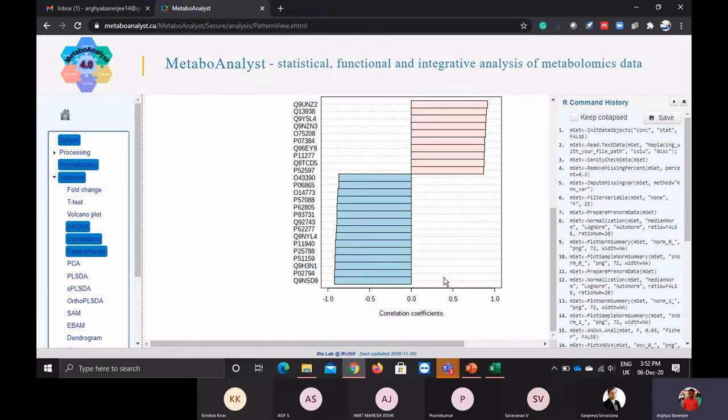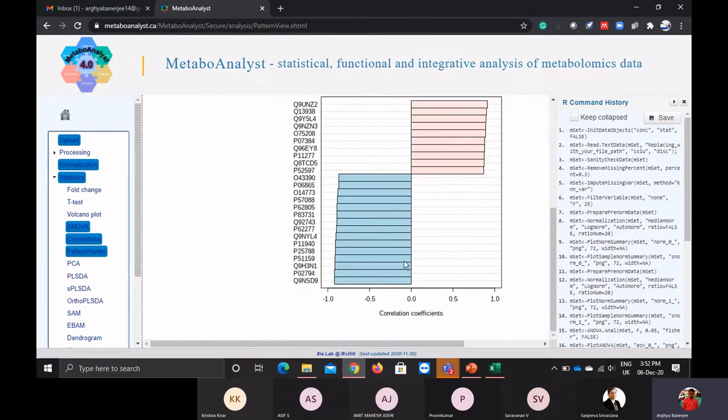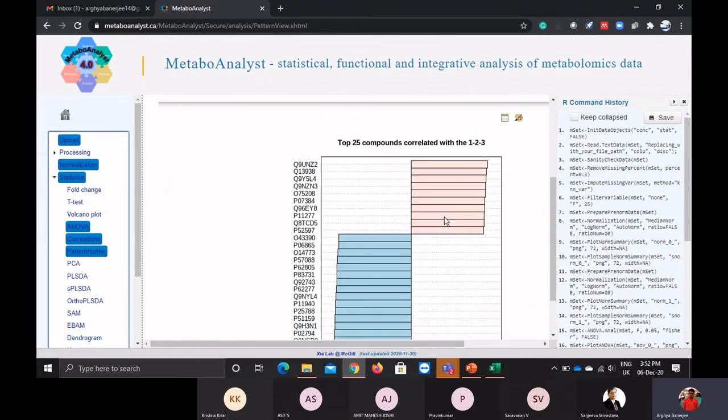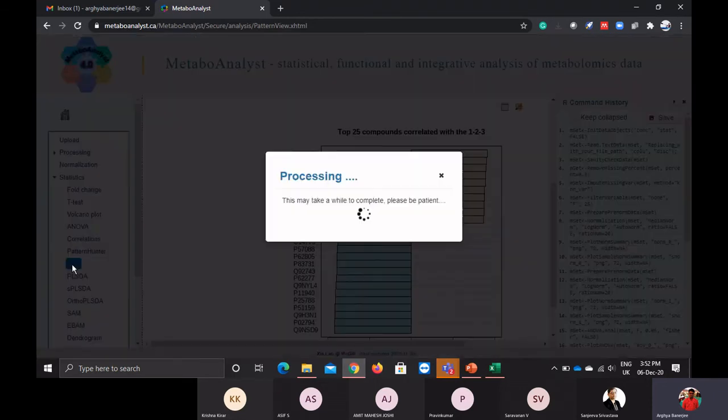This is one of the good things, which is above 0.5 and which is below 0.0. So if you want to see the negatively correlated samples, you can easily download this list here and see that these features are constant across the group. If you want to see the positively correlated ones, which in the biological case we want to see, you can move through there. Okay, so next we move to the PCA.